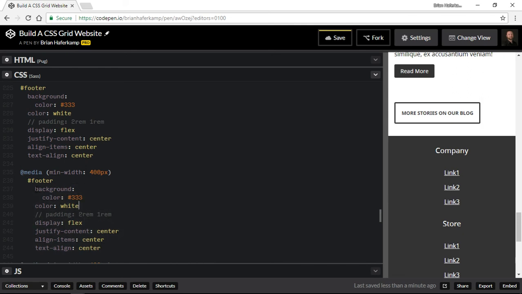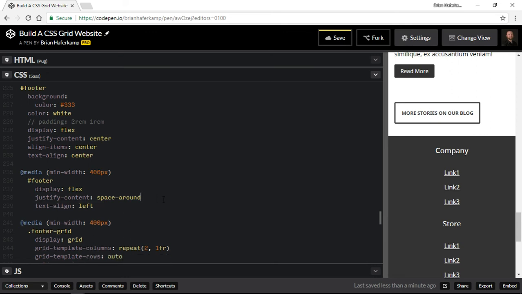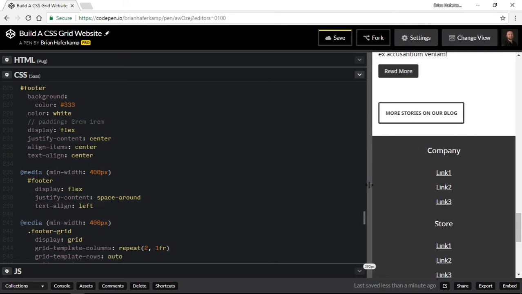What we're going to do is we don't need the background color and all this kind of stuff. What we need is, I'm going to change this to space-between, or you could even do space-around. Maybe space-around is better. And then we want to do text-align left, and then items here can be carried over. So when we get to 400 pixels,